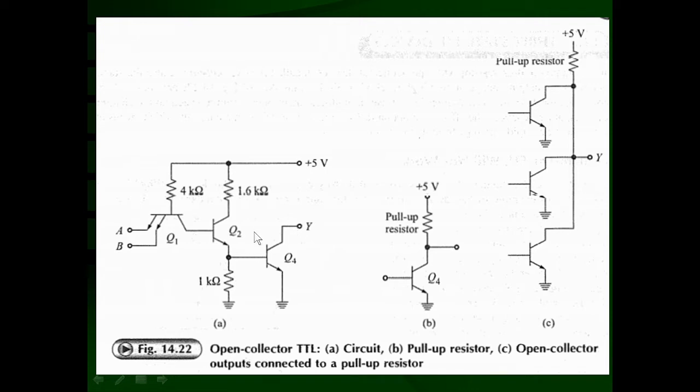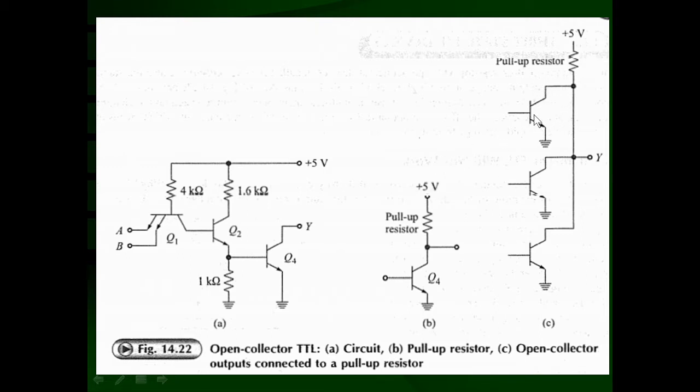This circuit will not function unless there is a load resistance on this transistor. That load resistance you have to connect externally to the power supply plus 5 volt. It is known as a pull-up resistance, because it takes the output to the high state. This resistance pulls the output voltage up to plus 5 volt, and that's why it is called a pull-up resistance. It is of the order of a few kilo ohms. This is required; without it, an open collector circuit like this will not work properly. Remember this.